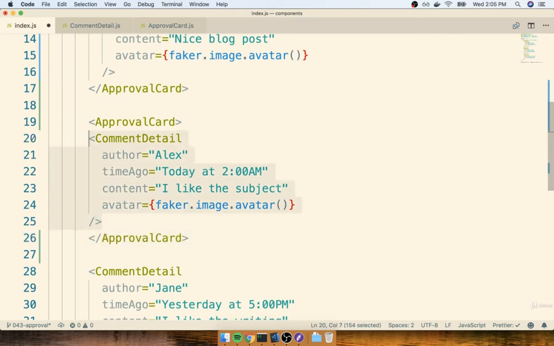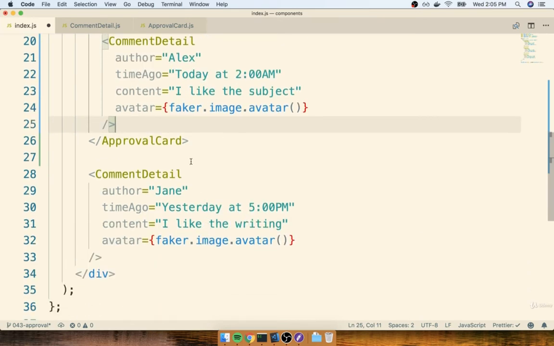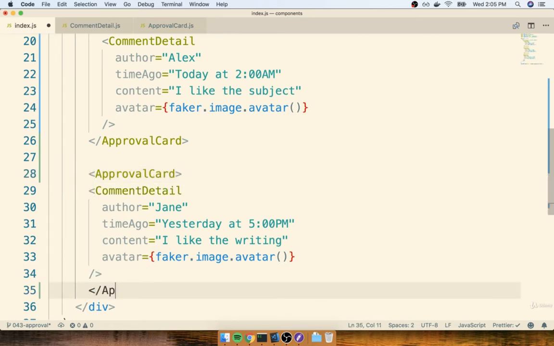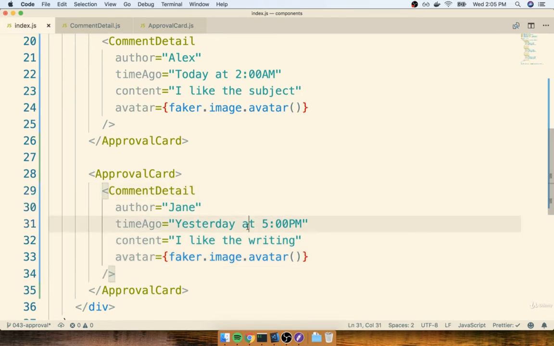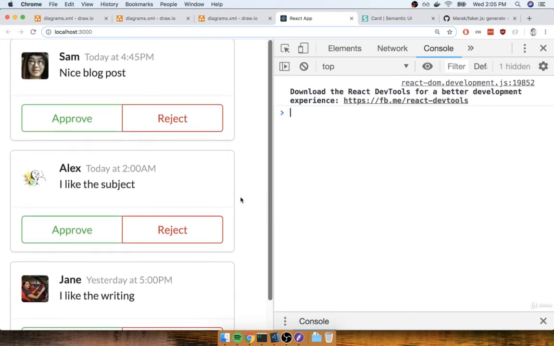Then I'll make sure that I indent the comment detail. And then I'll make sure I do the same thing for the third comment as well. And don't forget the closing tag. All right, so that looks good. So now I'll save this. I'll flip back over, and we can see that all three comments are now being rendered inside of an instance